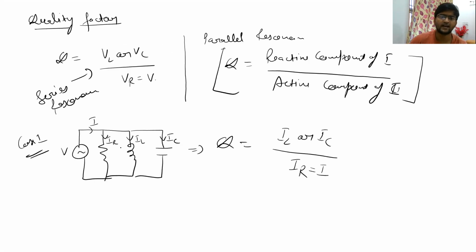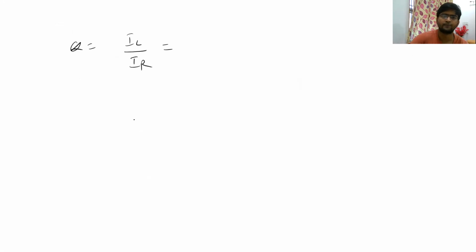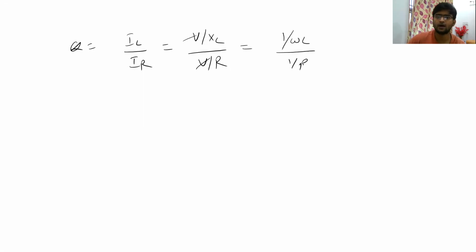So let me take one, Q is equal to IL upon IR. So what is the value of IL? From this circuit, you can say that IL is V divided by XL. So we can write it as V upon XL divided by what is IR? V divided by R. So what is the value? V can be cancelled out. And what is the value of XL? Omega L or omega naught L. So we can write it as 1 upon omega L divided by 1 upon R. So our quality factor will come out to be